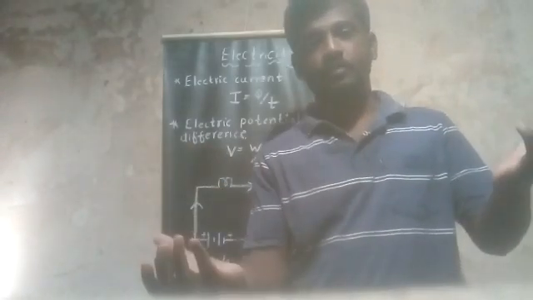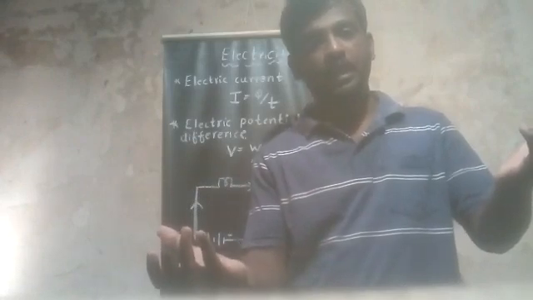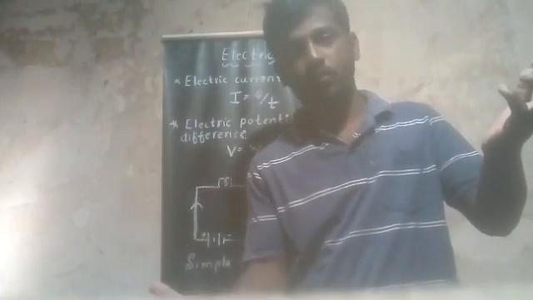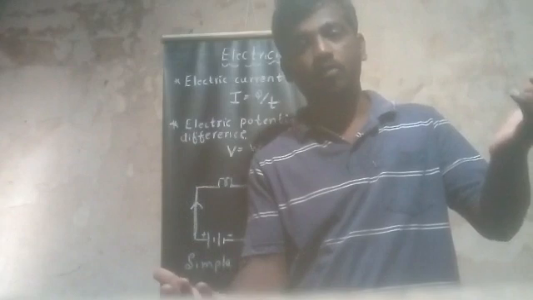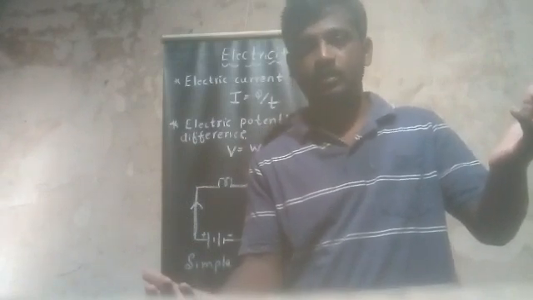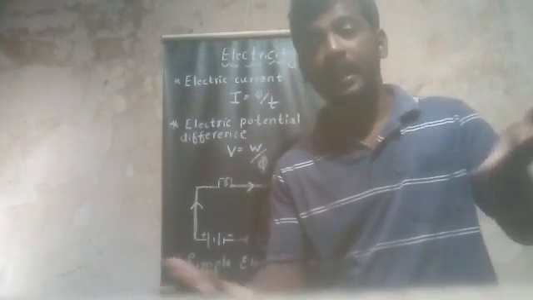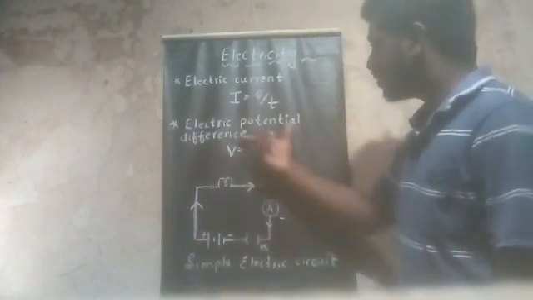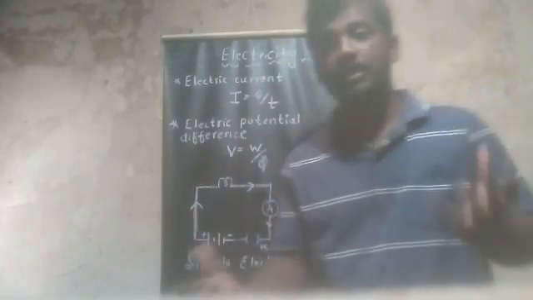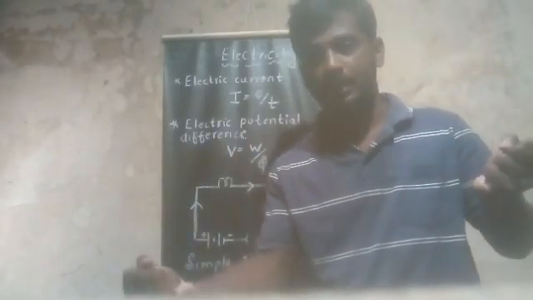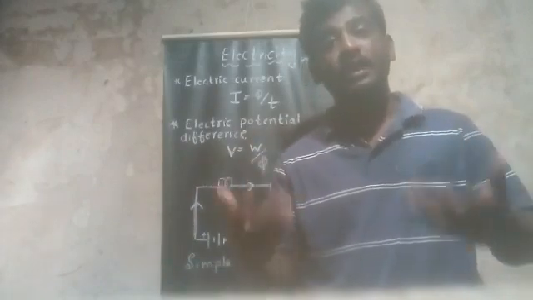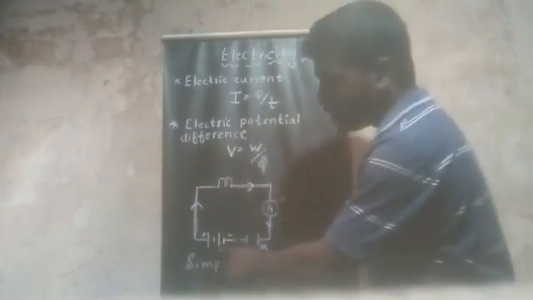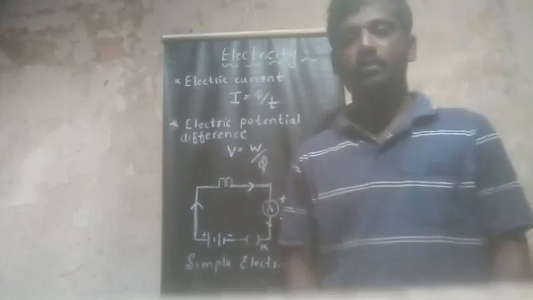Suppose I tilt it, that means I am increasing the height of one end and decreasing the height of the other end. At that time the water will flow from the high end to the low end. That means I have created a height difference. Similarly, potential difference is nothing but the difference of charges at one end and another end. Whenever you connect a battery, there will be a potential difference.